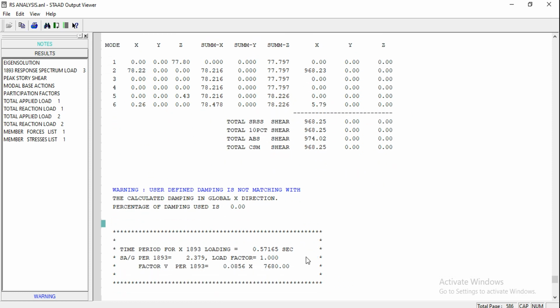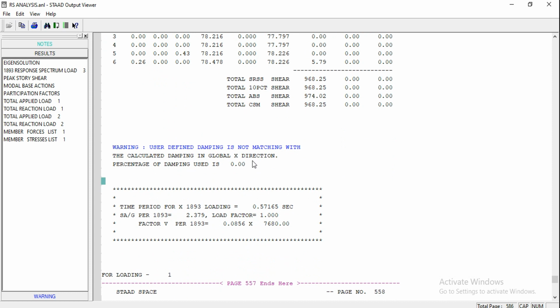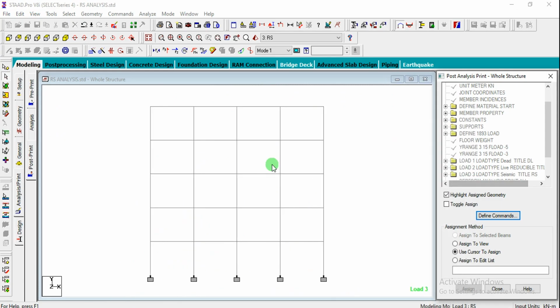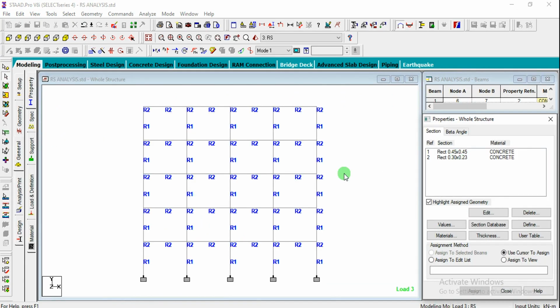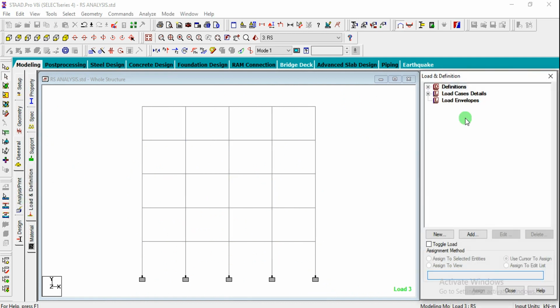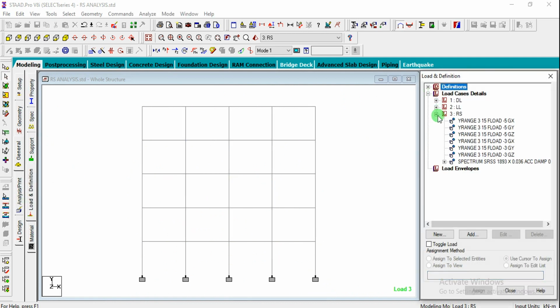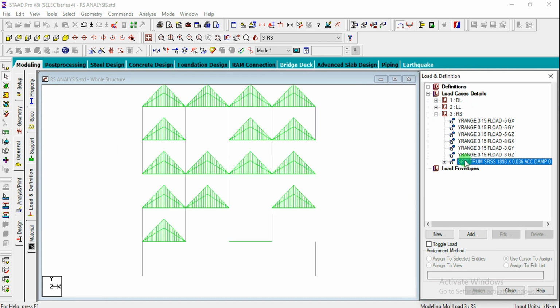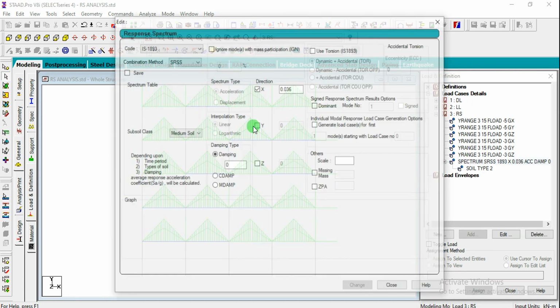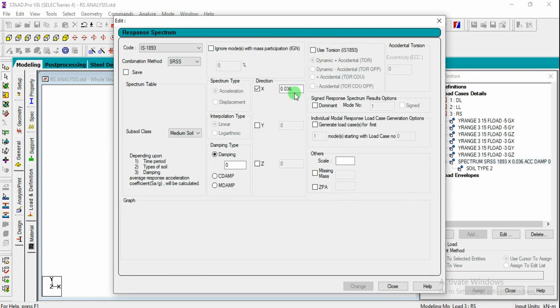In case you get any note saying that you have to multiply with so and so factor, you have to multiply that value with the response spectrum value here. If you are getting any factor over there, just go for RS, and whatever the 0.036 value we have given, you have to multiply that factor.